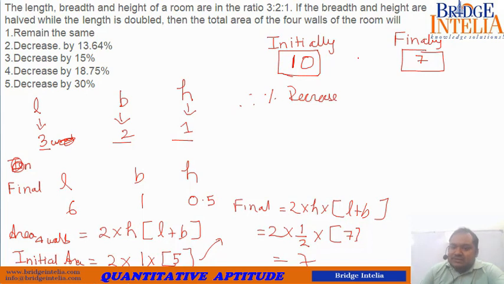So decrease by 3, and the decrease has been observed in 10. 10 has decreased, not 7. 10 decreased to something. So if you are trying to find out the percentage decrease, you must see that 3 is what percentage of 10 and not 7. So 3 is what percentage of 10. So the final answer is 30%.